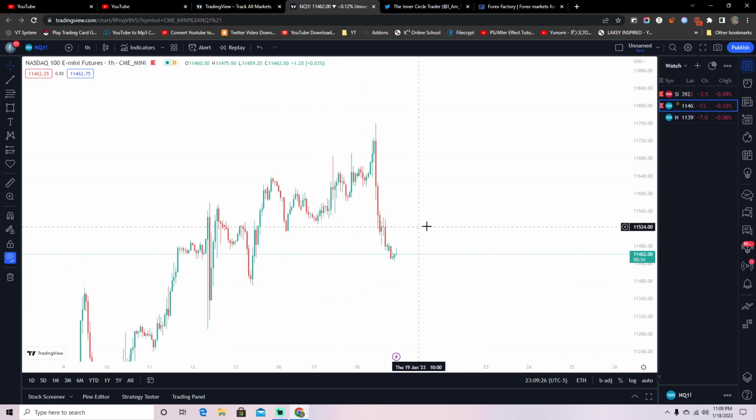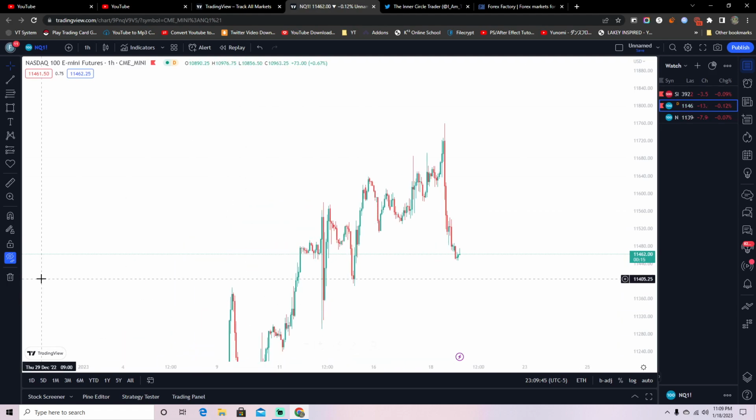We had this low taken out right here. This was Monday's low, Monday the 16th. We had Tuesday's low taken out. So I'm going to see if it goes after Friday's low,